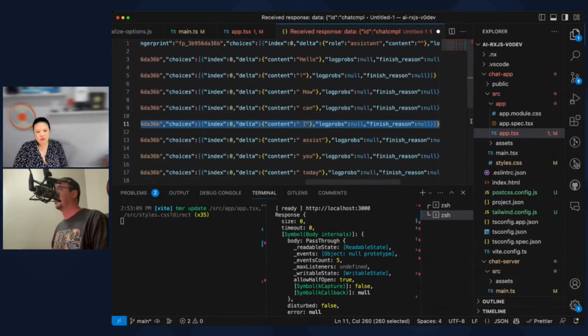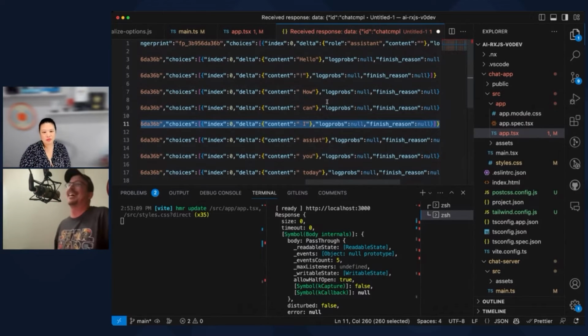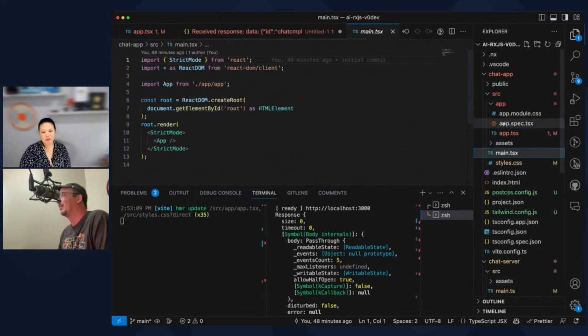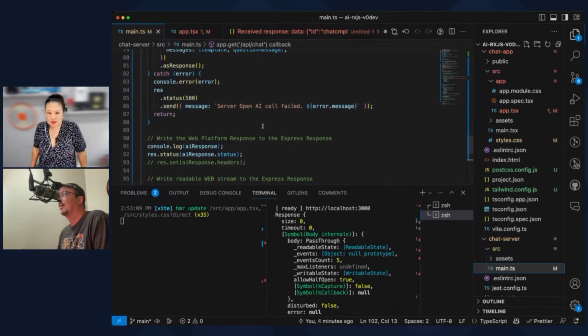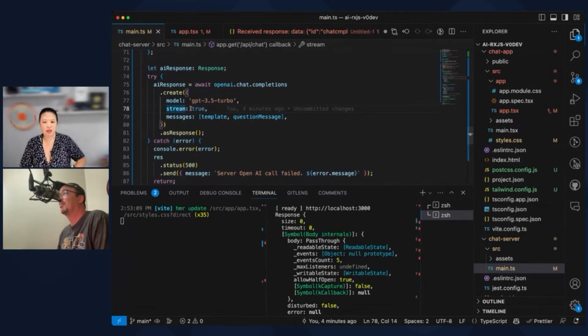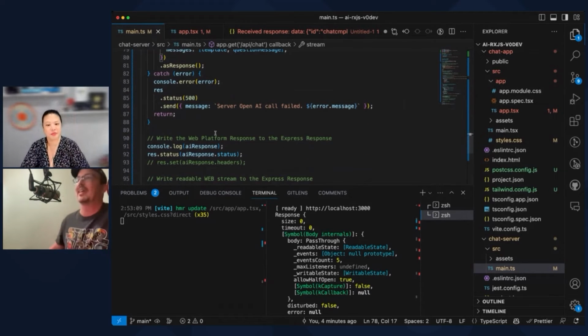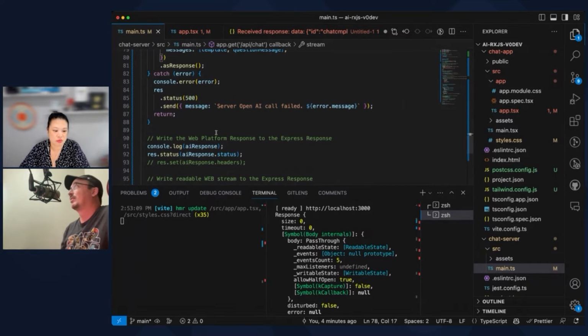And this is how it's typing it out. Is it because I'm not streaming in here? Let's see, the app, where's the server? Send, stream true. Okay, so it's coming through as a stream. And since I'm reading the whole thing out, it's not streaming back from the server, it's like, here's a bunch of chunks that I'm going to send through as a stream. If I did stream false, I get the whole thing, but we want to stream it out and make it look like it's being typed, right?